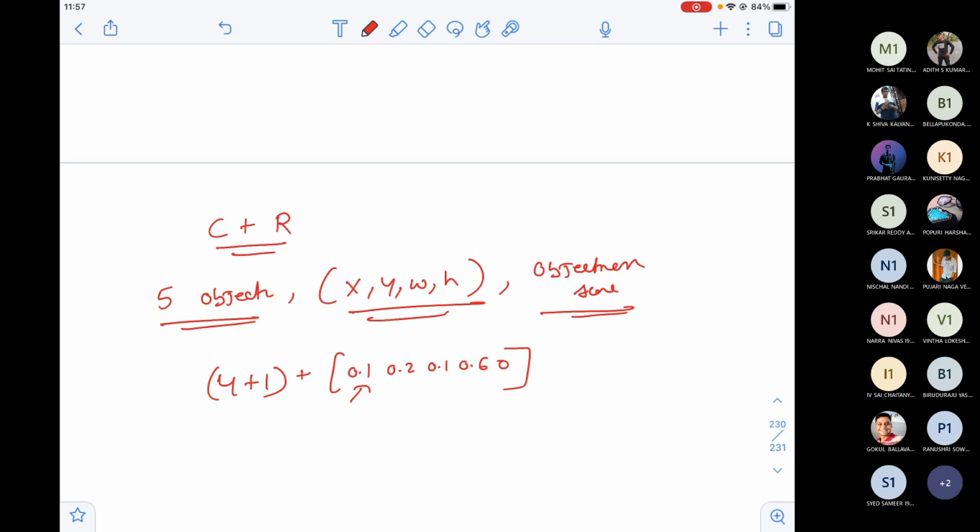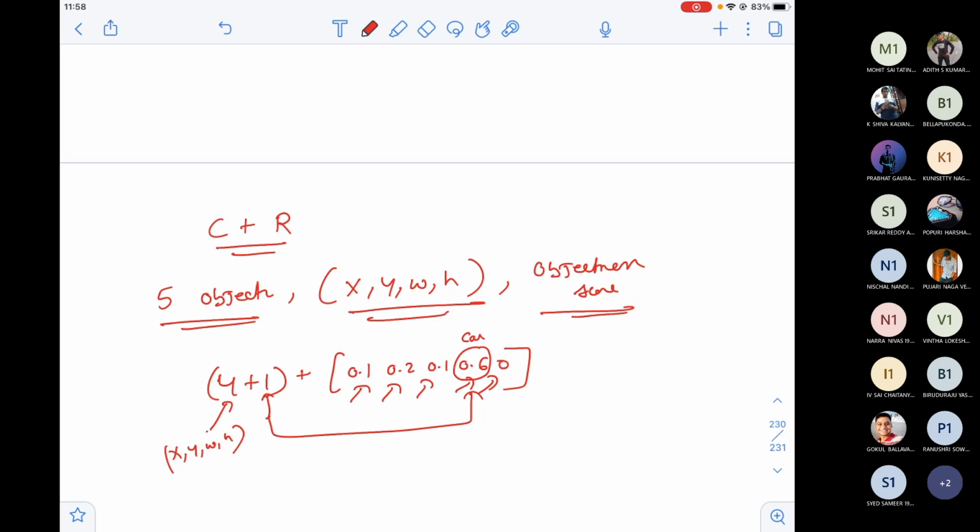So I have a softmax distribution of those probabilities. For the object with 0.6, maybe this is object car, I have the highest probability for car. I have the corresponding objectness score. What is the probability that some object exists? Maybe 0.9. What is that object? It is car. And once I detect the car, I have to draw the bounding box, and the bounding box coordinates are x, y, w, h.